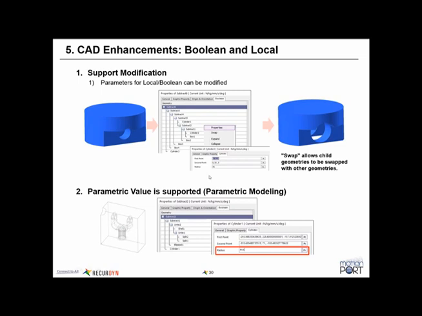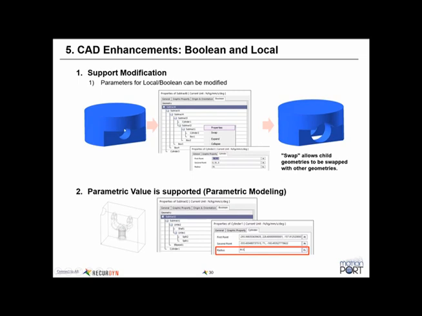So we still are assuming a process where people are importing geometry, whether it's from a Parasolid file, or we have the translators that can import CAD files directly, and we also have a STEP translator. So we're assuming people are mostly importing geometry, but